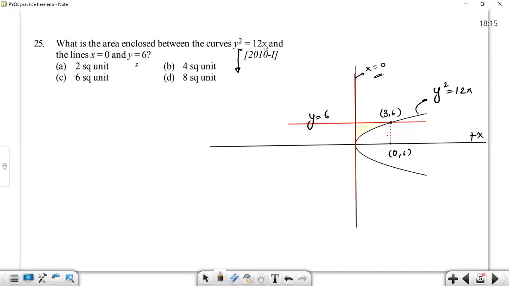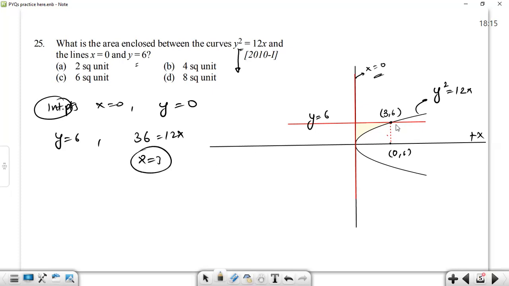Thereafter, we have this x equals 0. So for finding the intersection points with x equals 0: x equals 0, y will also be 0, y square equals 12 into 0, that will become 0, y square equals 0, then y equals 0. And for y equals 6, 6 square is 36, 12x, x will be 3. So this point will be 3, 6. And if we draw a perpendicular over here, this point will be,